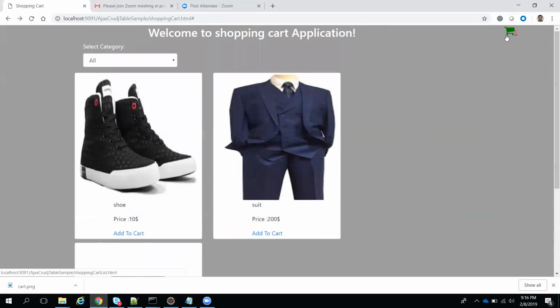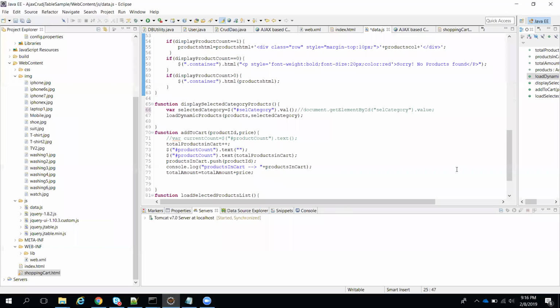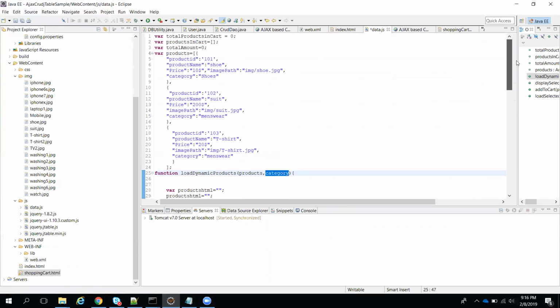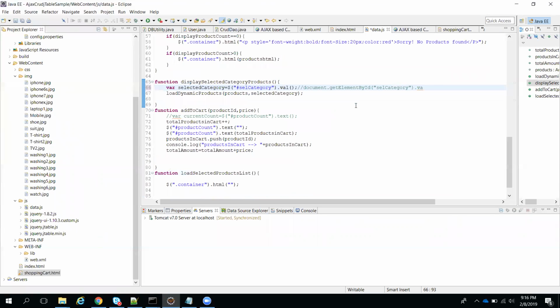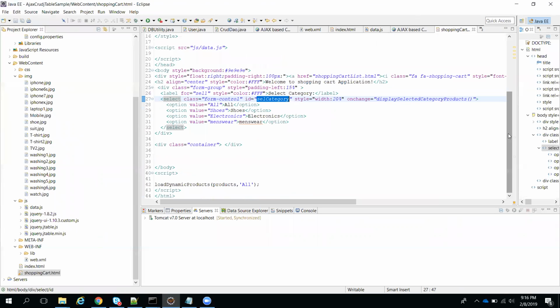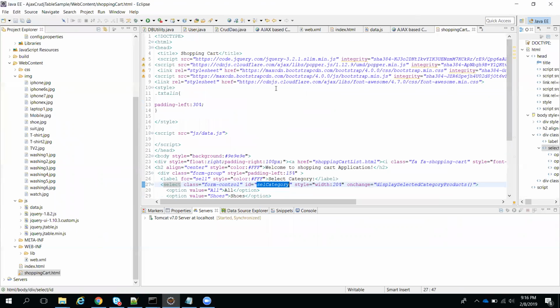See, this icon, how I implemented it: there are Font Awesome icons, like how we have CSS for Bootstrap. For icons also we have some predefined Font Awesome icons, so I added one library for that. Okay, so if you see in the HTML at the top of my page, there is a Font Awesome related JavaScript I added. If you observe here, yes, see Font Awesome, this is to get some icons. So if you see that icon where I declared